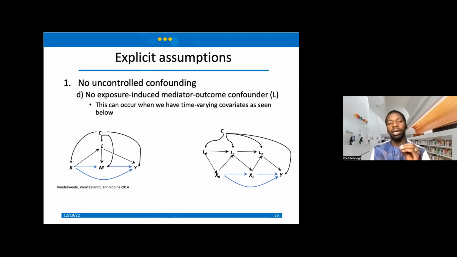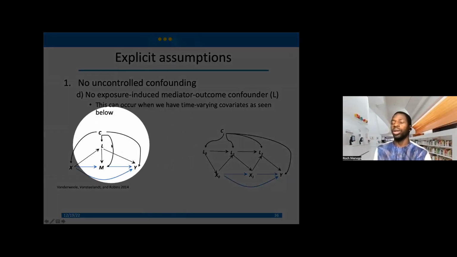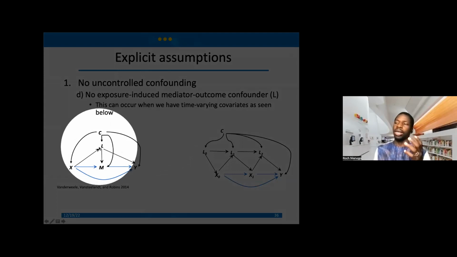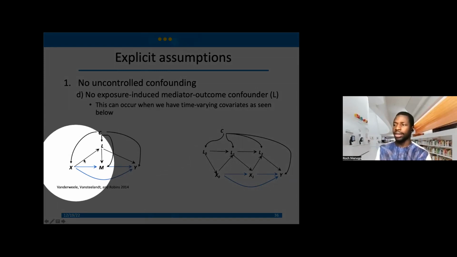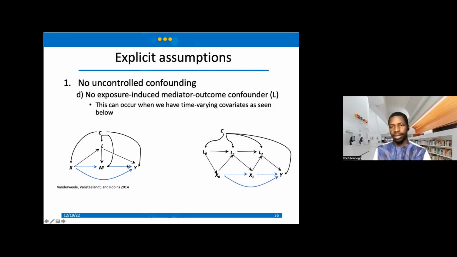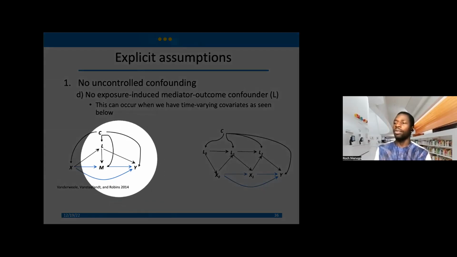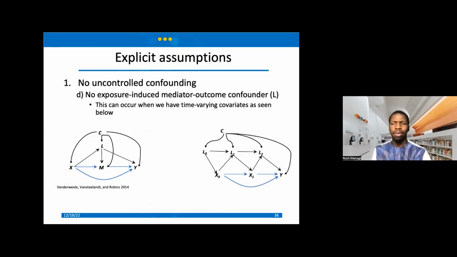Another type of confounding that we typically say should not be there, but we can still estimate under different circumstances, is the instance where I was telling you to imagine L here. L is a mediator, as you can see, because you have X, L, and Y, and X, L, M. You can think of L as a mediator. At the same time, L is a confounder of the M-Y relationship, right? So that could be a little bit of a problem, but not to worry. There are methods to be able to estimate such effects.